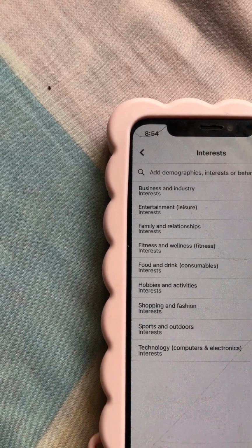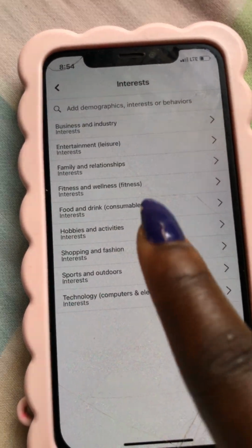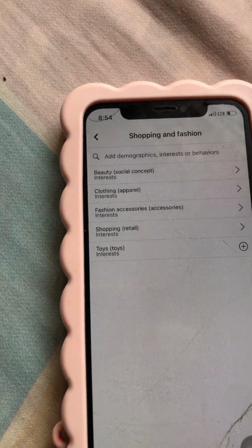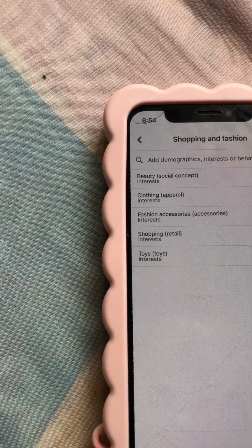Hobbies and activities, no. Sports and outdoors, no. Shopping and fashion is what earrings fall under. So I'm just going to click on shopping and fashion to bring you more options. Beauty, clothing, fashion accessories, of course. Fashion accessories,